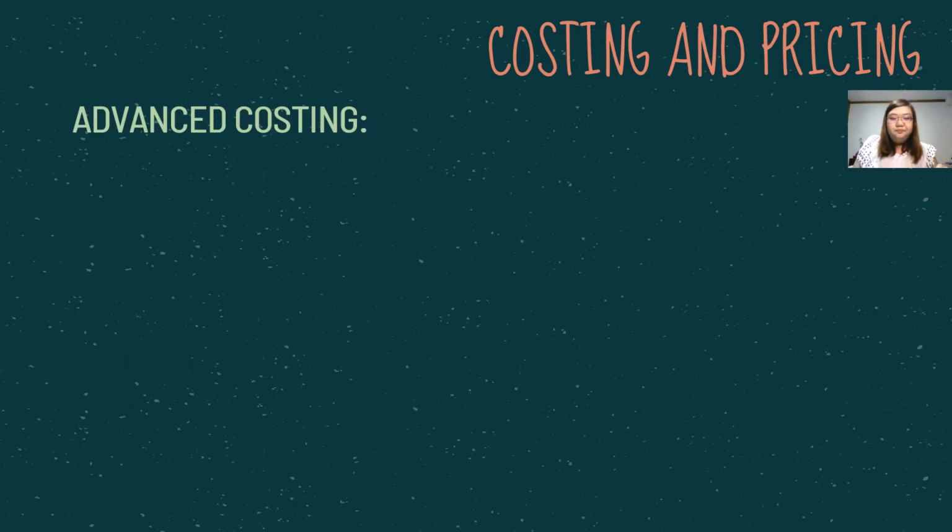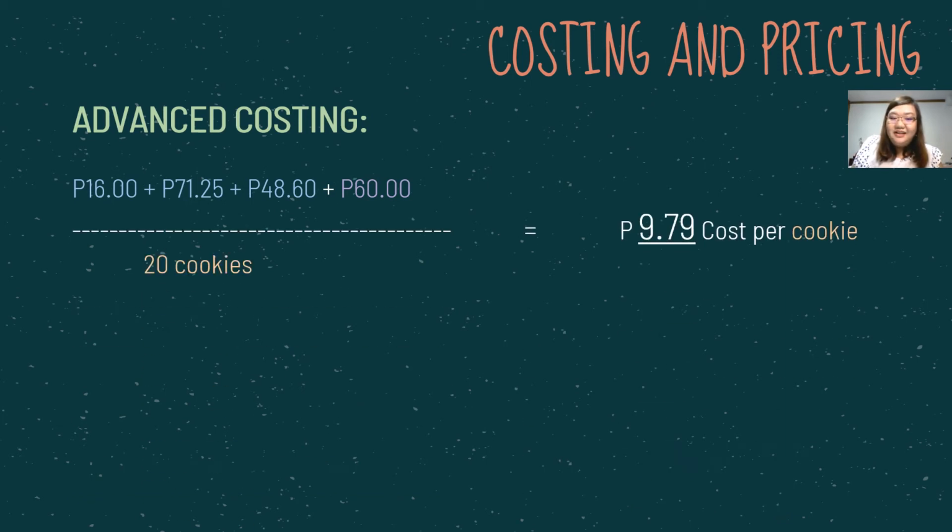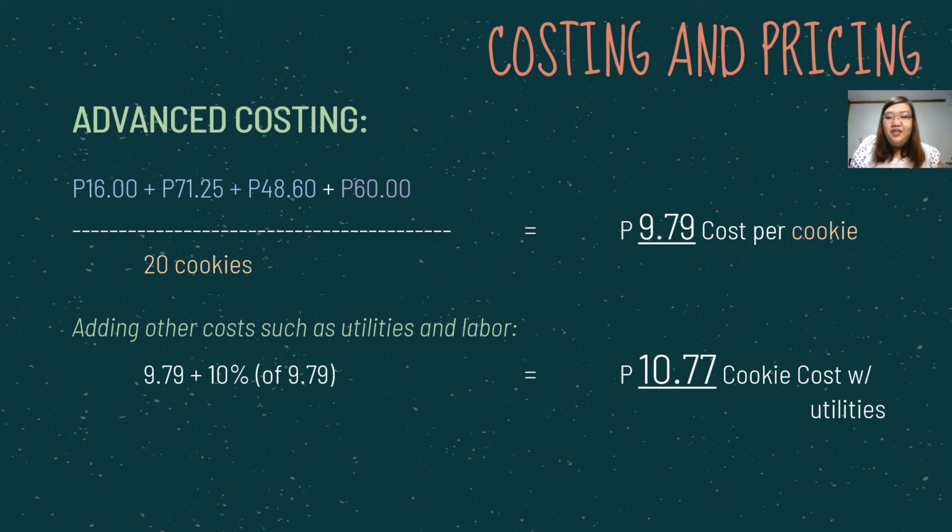But here, how are we going to compute for it? We'll just put a percentage so that it will be easier for us. The percentage for adding other costs such as utilities and labor would be 10% of your cost. 10% of your cost will already cover all that. That's a little bit more than enough to cover, okay? So 10% of 9.79 pesos, when you add that up to the cost, that will make it 10.77 pesos